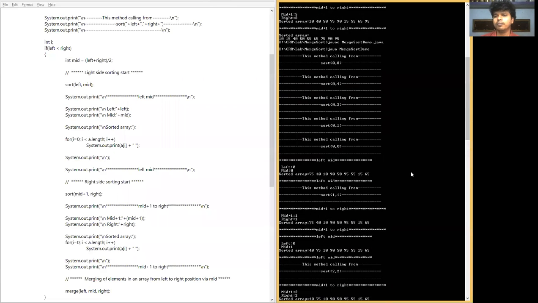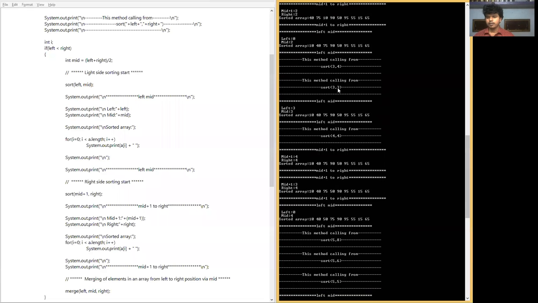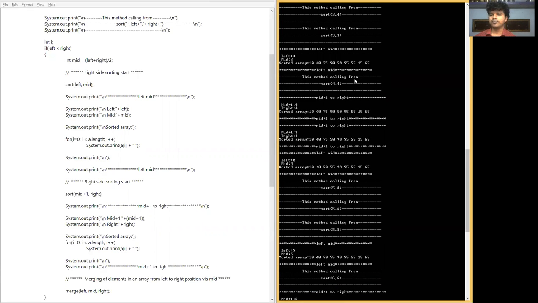In this way, because this kind of confusion is going to be raised, how this recursive function calls itself, whether all these methods are going to be executed parallelly or concurrently. That means one by one. From this explanation, these methods are executed one by one, not parallelly. For that purpose, I wrote each and every method call, such as sorting 4, 4, sorting 5, 8. In this way, I wrote it to break the confusion.